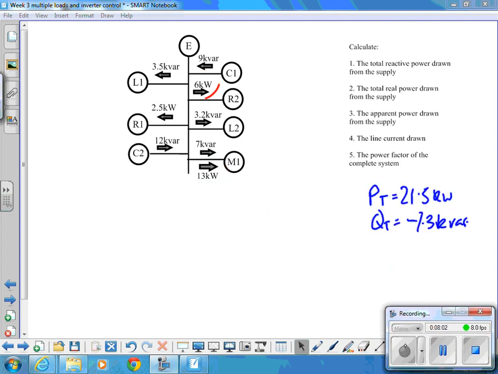Right, gents, so they're the calculations from the previous page. Total power is 21.5 kilowatts. Total reactive power is minus 7.3 kVAr. How can we calculate the apparent power, S, drawn from the supply by Pythagoras? So we draw the power triangle